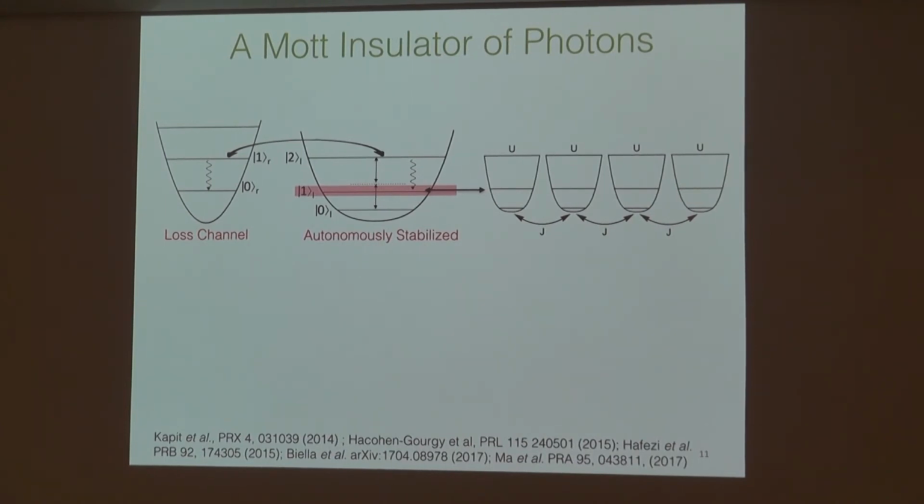We need to invert this system. Anyone who's ever studied lasers knows that the key is to excite the system from this lowest level to some higher lying level, right? And make sure that that higher lying level decays 100 or 1,000 times faster than the state that we want to stabilize, right? And so you excite it to the higher level, and then you let it spontaneously decay into the state that you want it to be in. And then it'll live there, and as soon as the photon's taken away,